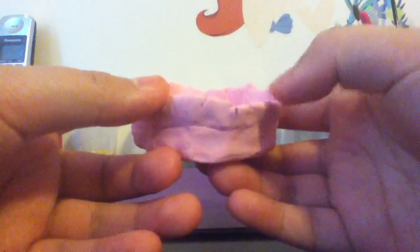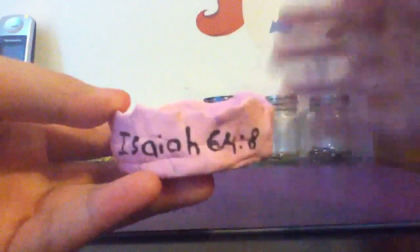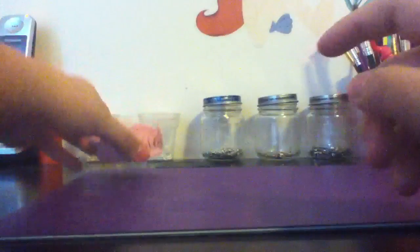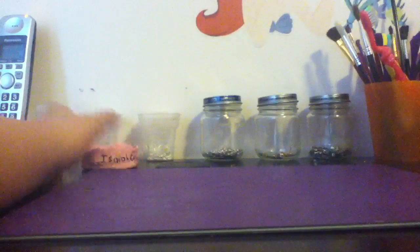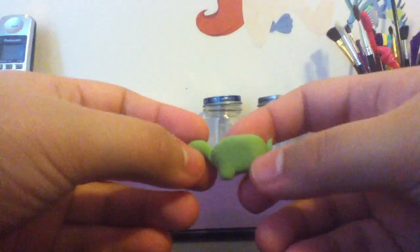We had to use this for our Sunday school, and this is our memory verse, Isaiah 64 verse 8, and I also carved it in here, but you can't see it, so it's just stuck, so I put it down here. So after I painted with acrylic paints, and I don't really like how it turned out, but it's really rock solid. It's like those clay that you put into a